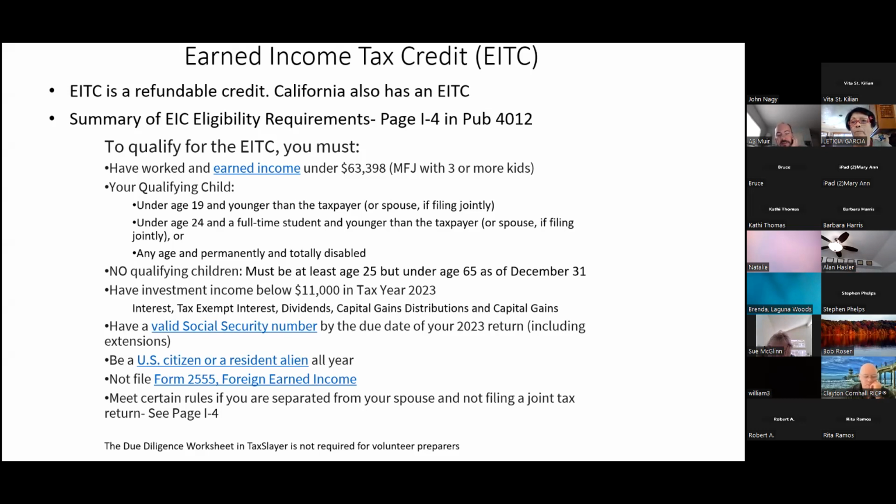So when someone says, hey, I'm separated, okay, give me more information. If the spouse has left the house and they're outside of the house for the last 6 months, what that means is if the tax return meets all the other rules for head of household filing status, they can get that, because head of household filing status says you must be unmarried or you must be considered unmarried.